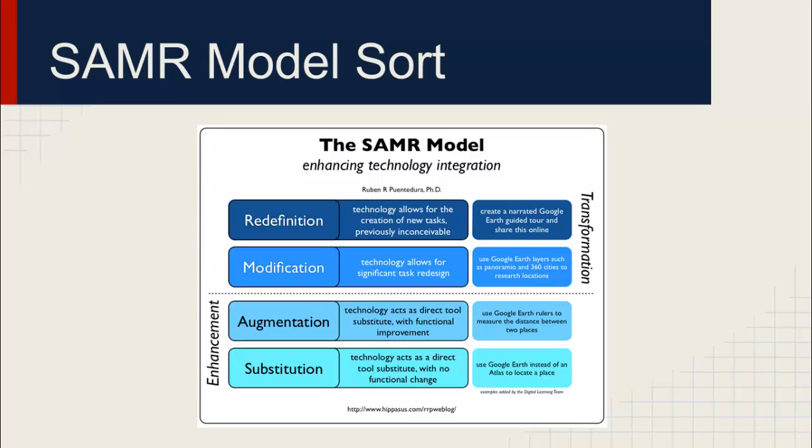Kids are getting instant feedback. You're augmenting what you're doing in your classroom. M is for modification, and this is where students are starting to create more, collaborate, where they're significantly doing something different that they couldn't have done without technology. And then redefining,